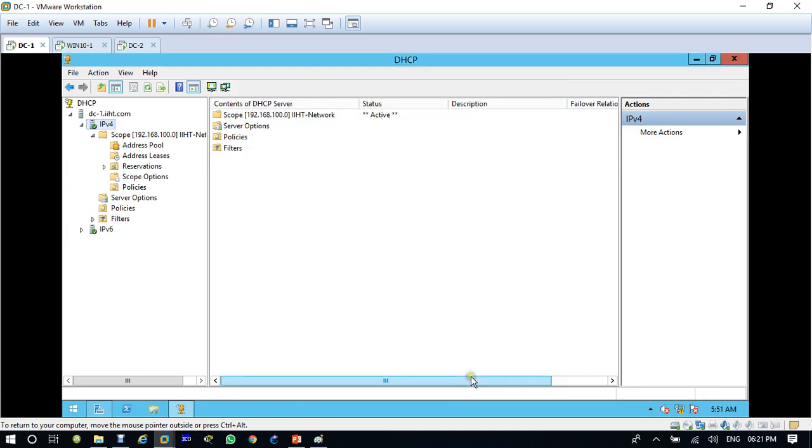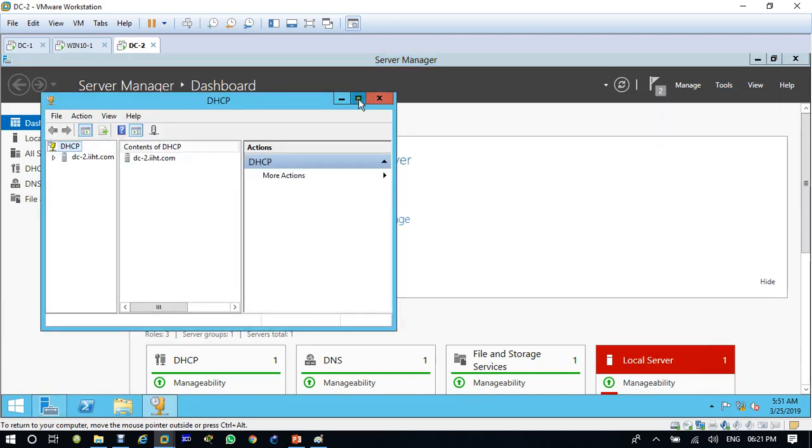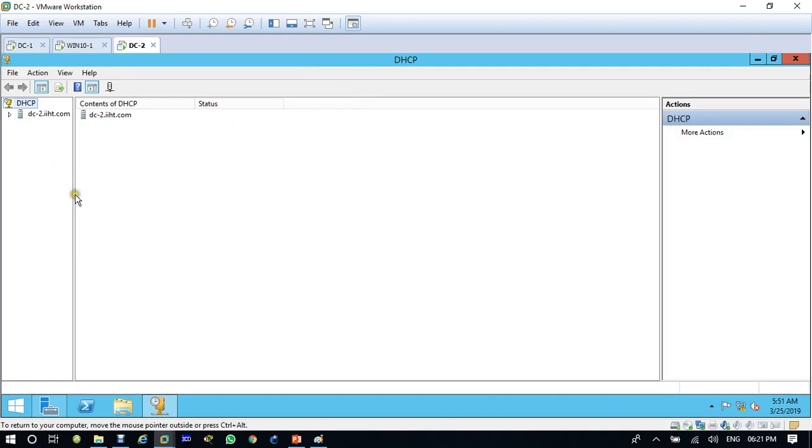Now close. Okay, now you have to come to DC2 and open DHCP. See, you have not configured anything, but you will see some configuration here.